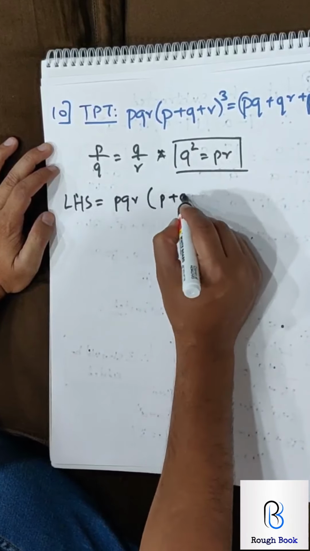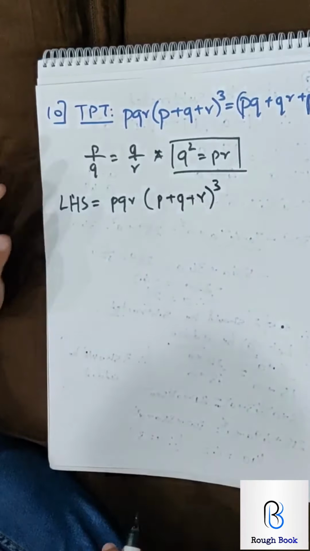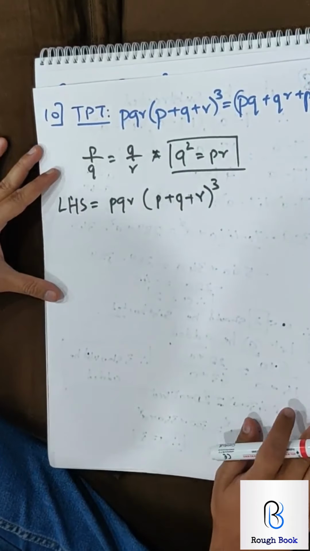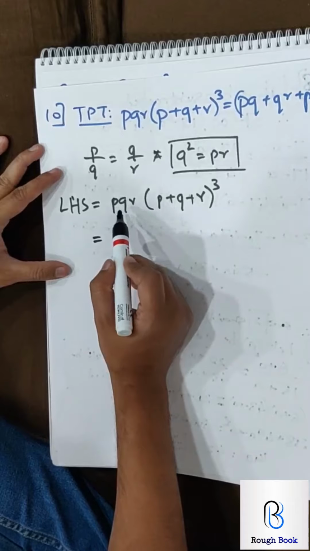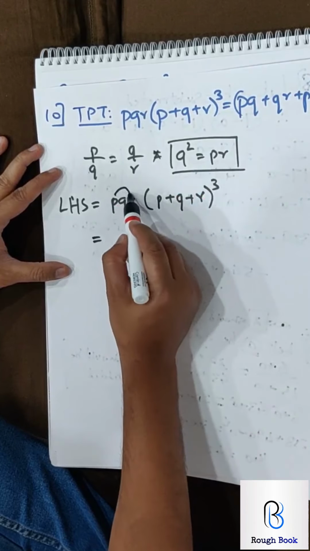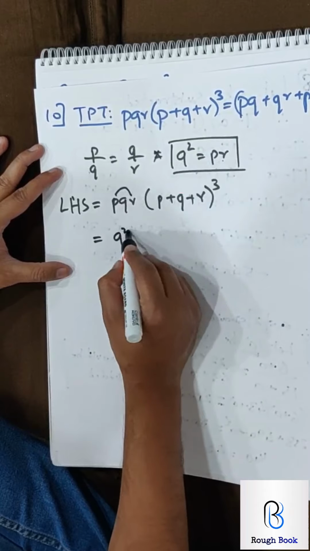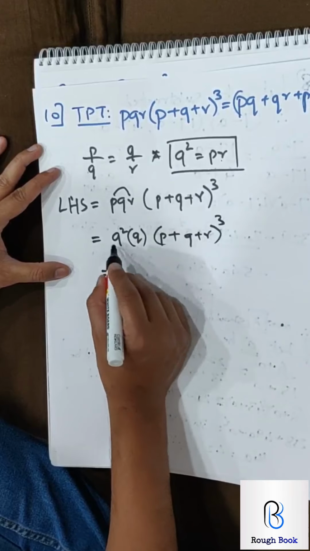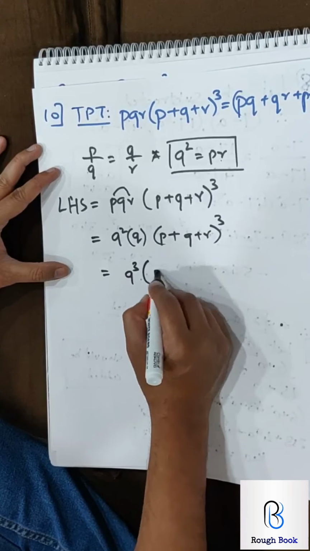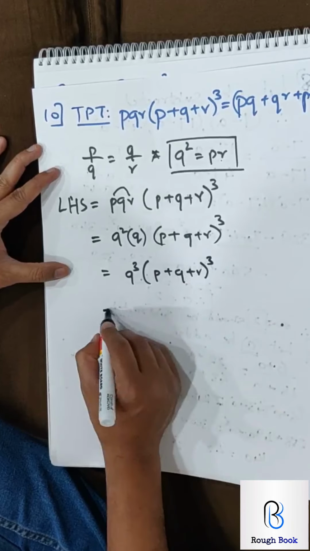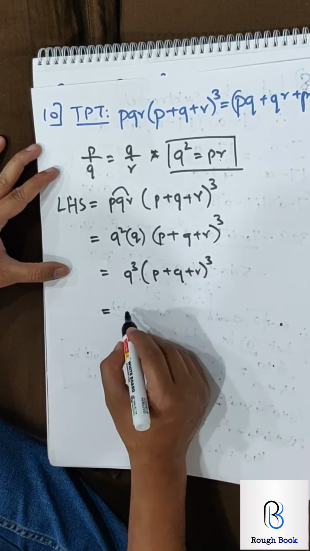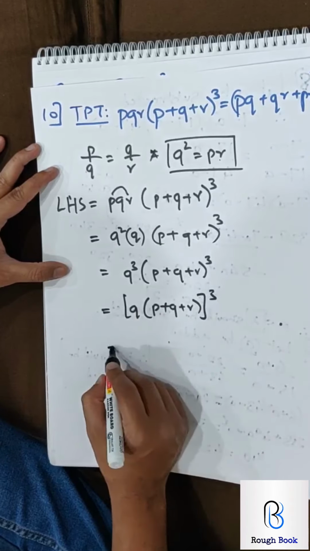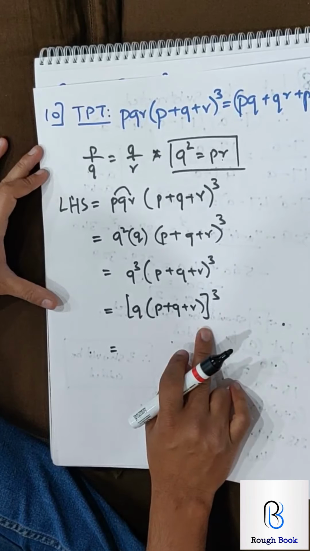PQR, P plus Q plus R. Pause the video, try it. Wherever there is PR, substitute it as Q square. See if you can reach your RHS directly. If you can't, come back then. So PR, for the clue, P into R can be written as Q square into this Q. P plus Q plus R, I am keeping it as it is, intact. So this becomes Q cube, P plus Q plus R cube. Now this is also cube, this is also cube. So I can take Q, P plus Q plus R, the whole cube. Yeah, this is the most important step for this sum.